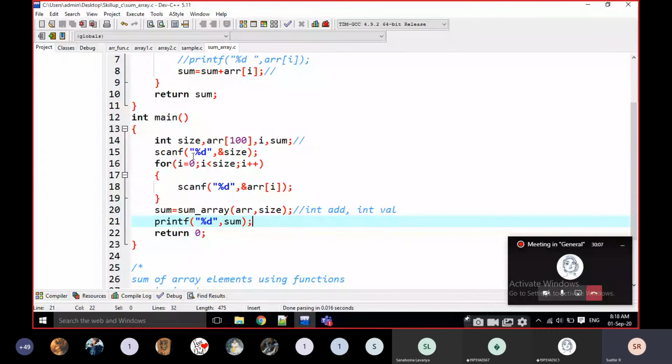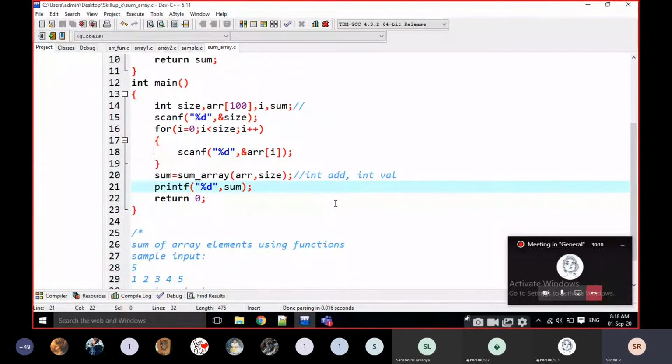Just note it down, everyone. In the main function, what I am doing here is just reading the input variables. How many variables am I reading here? Int size, the size of the array, and the array elements. That's it. Then I am going to call a function here, sum of array size, and I am passing two variables. First one is the integer address and the second one is the integer value, and the return type is an integer value. I am going to print that value.